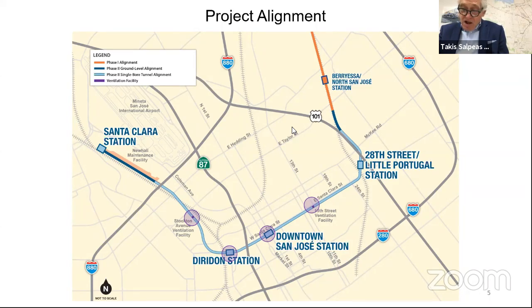Let's continue down from Berryessa Station, go to the end of the tracks, which they are built, and we are in the final stages of testing to open phase 1. We're gonna continue down from there, go under 101, and continue to downtown. As I understand it, and as the principles were given to me, and now I know them well, is we